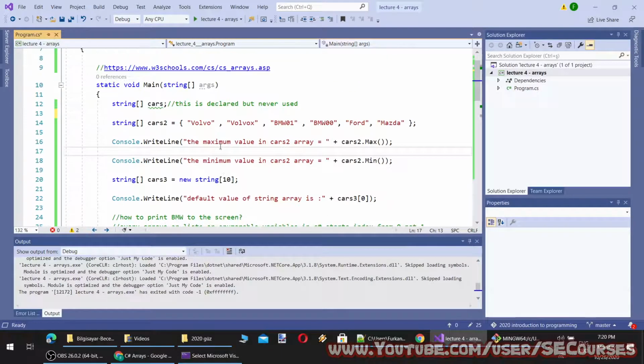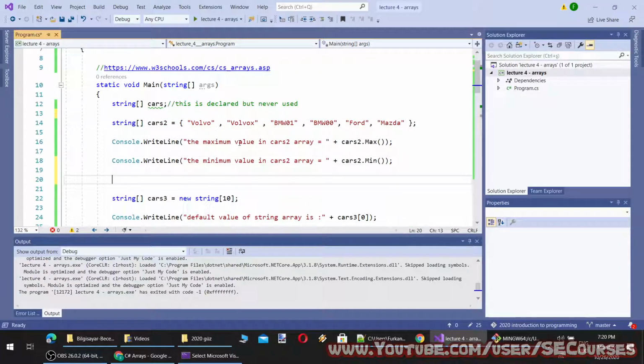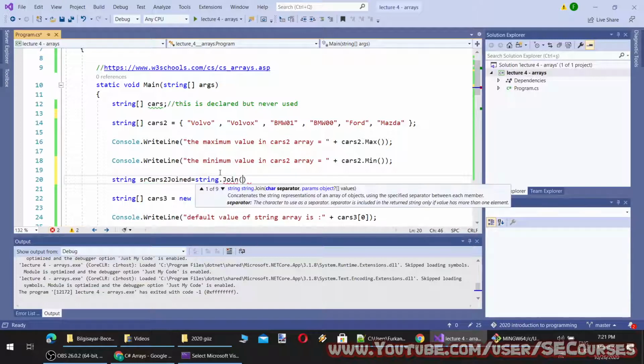Okay, when I sort these, yes, I can sort them. I'm going to show you the case. First, let's start with string join. String join is a method.